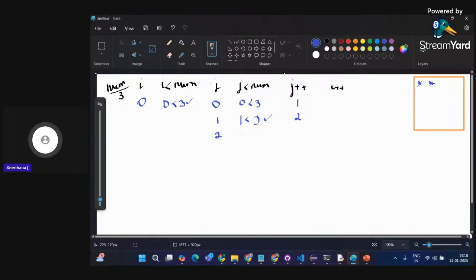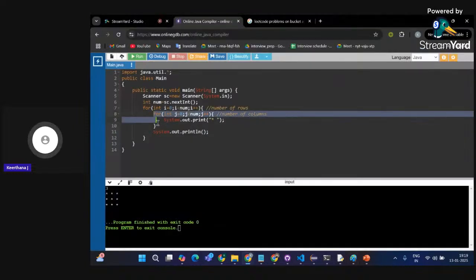It will be getting checked if 2 is less than 3. Yep, that's true. So again, star will be printed. And now my j value becomes incremented. Now my j becomes 3. When my j becomes 3, it checks if 3 is less than 3. No, the condition fails. Now the control comes out of this for loop and it comes over here.